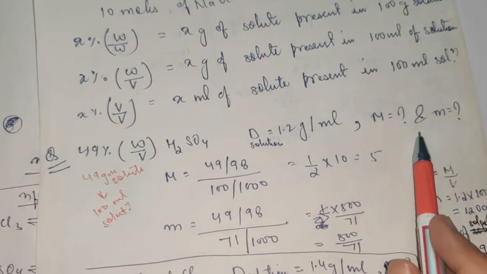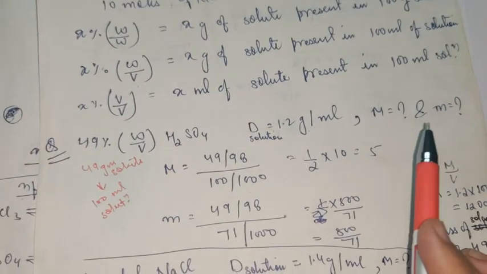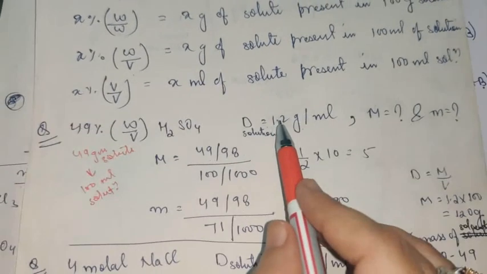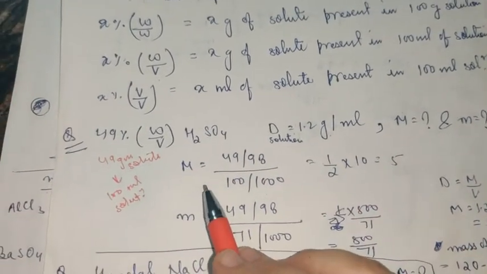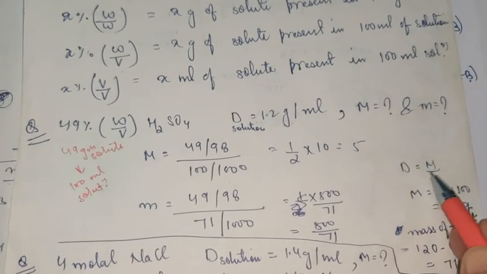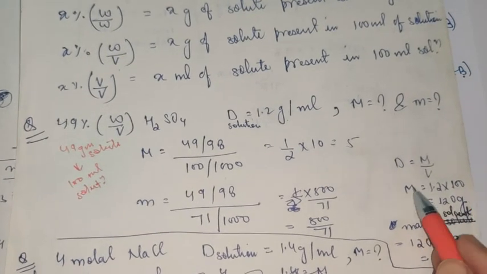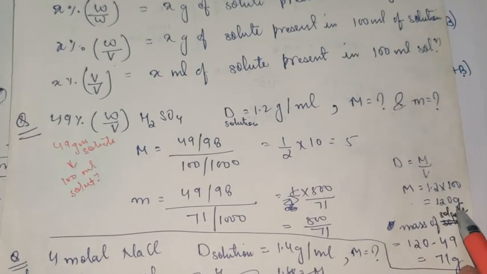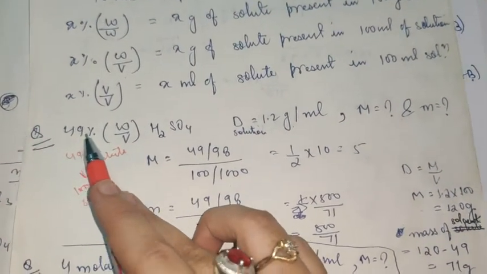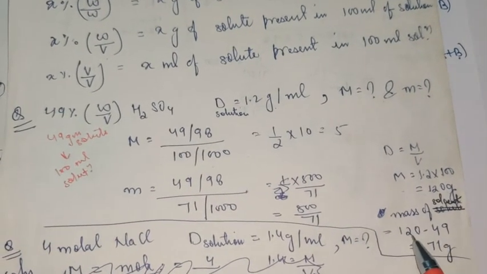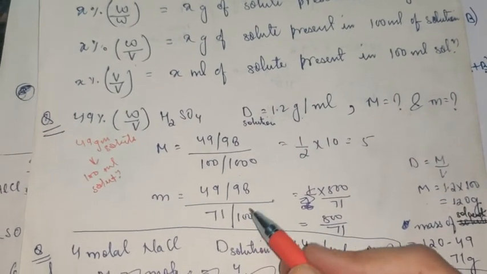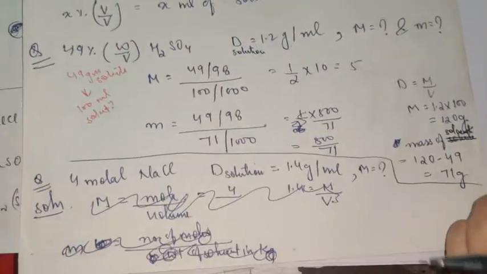Now for molality, you need to have what? You need to have the weight of the solvent. We have the volume of the solution, we have the density of the solution. So by using these two, and the formula of the density is mass upon volume, you can reach the mass of the solution, right? So the mass of solution, when you multiply these two, you'll get it as 120 gram. Now you have the mass of the solution as 120 gram and the solute mass is already given to you in the question. You can subtract the mass of solute from it, it will come out to be 71 gram. Now substituting the value here, on solving this, you can reach the answer.